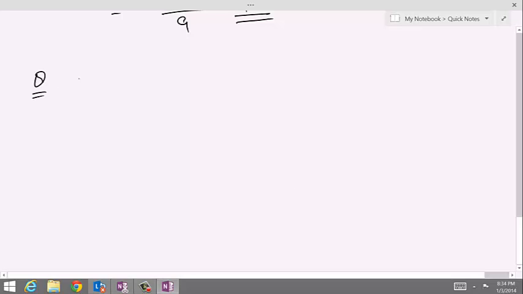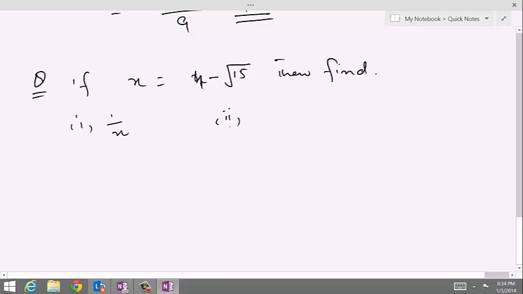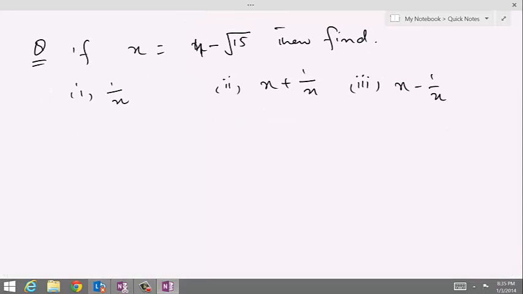So the question would be, if x is equal to 4 minus under root 15, then find the following. We want to find out what is 1 over x. We want to find out what is x plus 1 over x. We want to find out what is x minus 1 over x. We want to find out what is